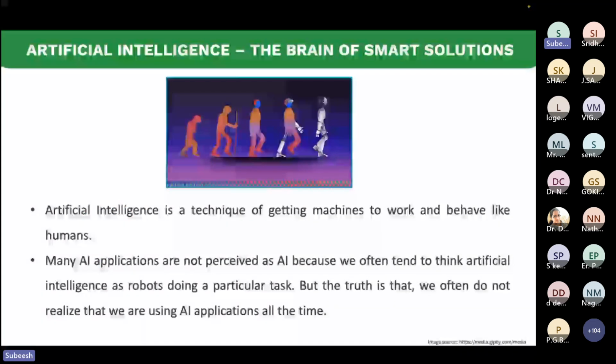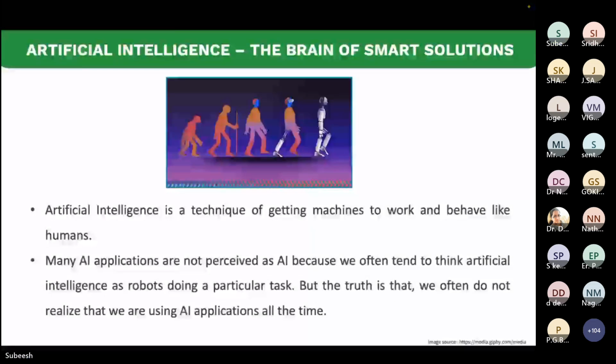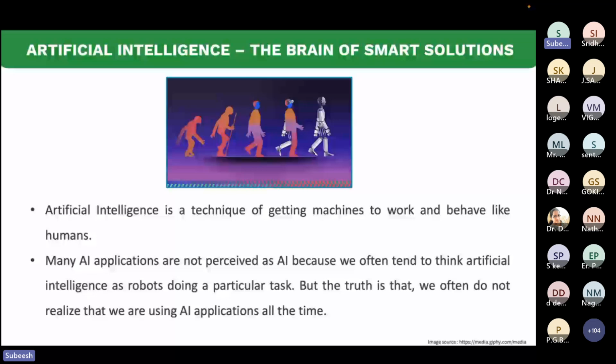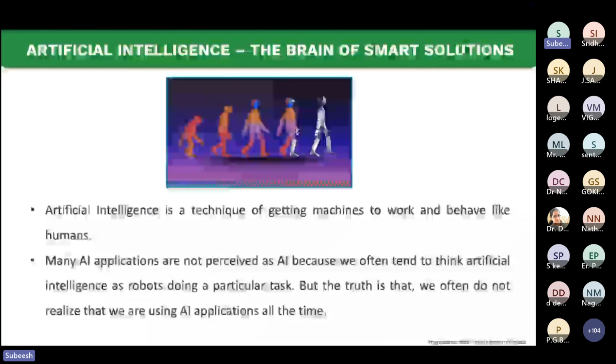So again, AI, I think I can skip this. You must already know. AI is like machines we are building, to which we are imparting intelligence. Most of us will initially think all AI-based systems are robots. But knowingly or unknowingly, we are part of AI solutions every day. These are some of the examples.